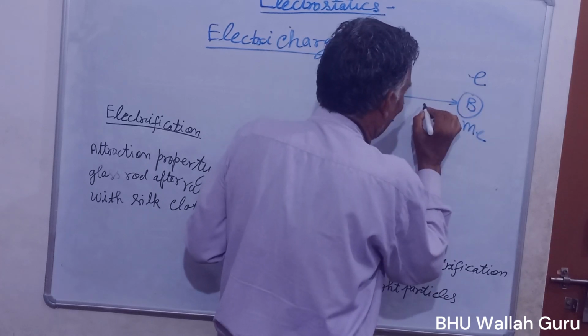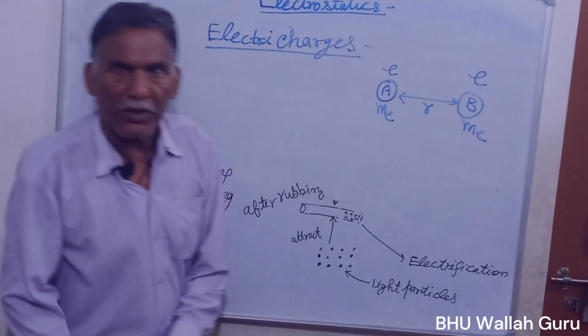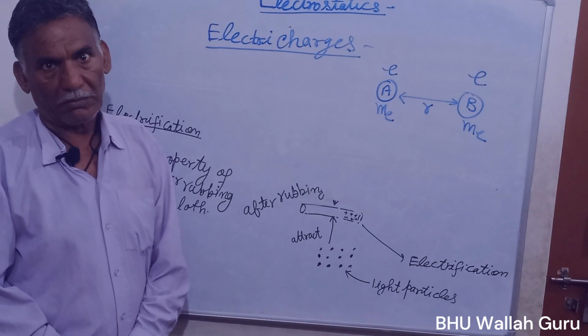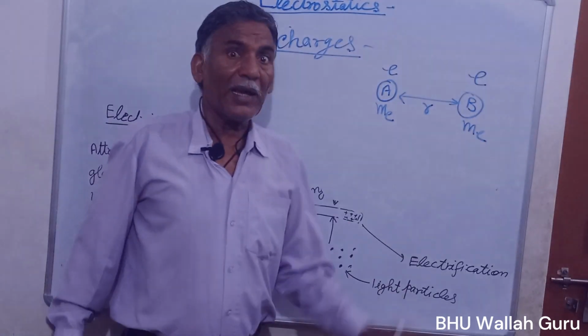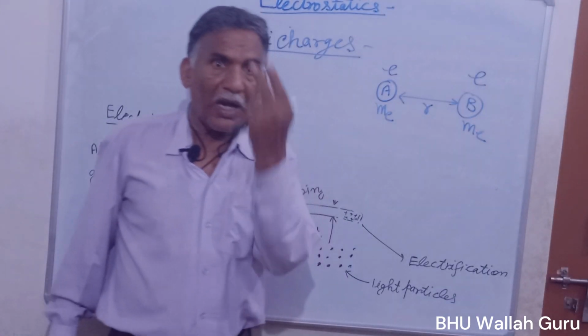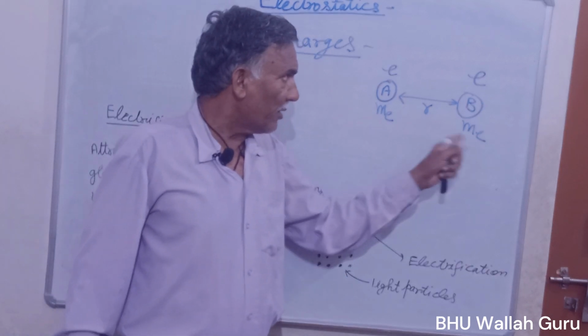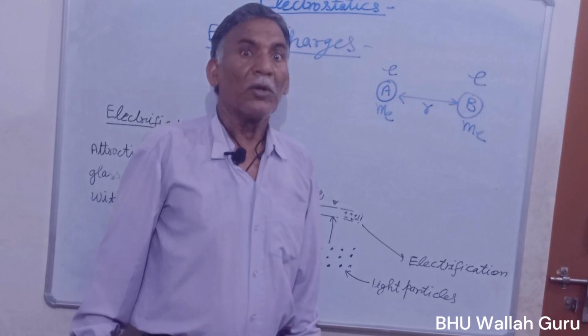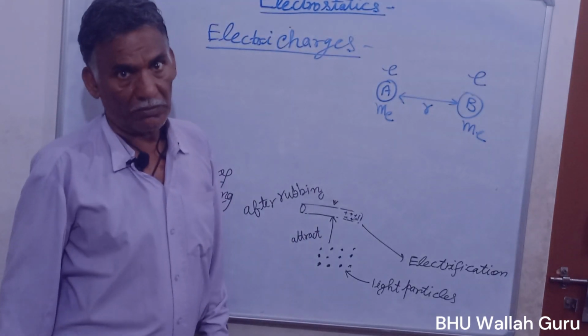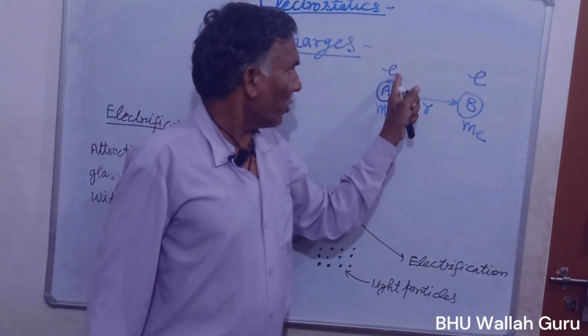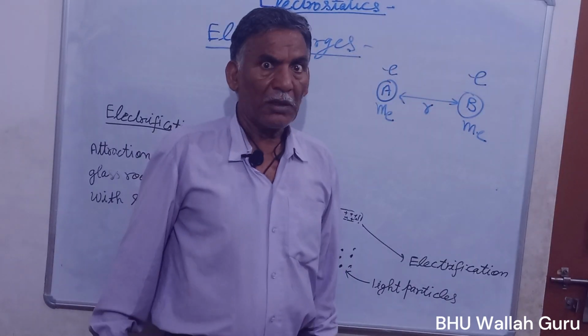These two electrons are separated by a finite distance. Then there are two types of forces between them. The force between these masses is known as the gravitational force, and the force between the two electrons is known as the